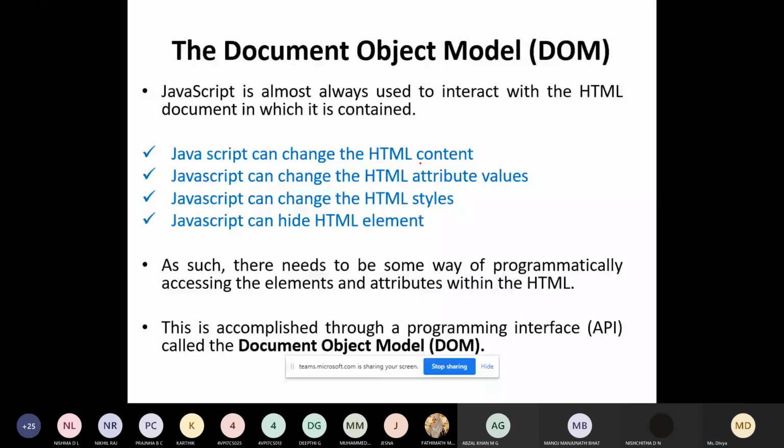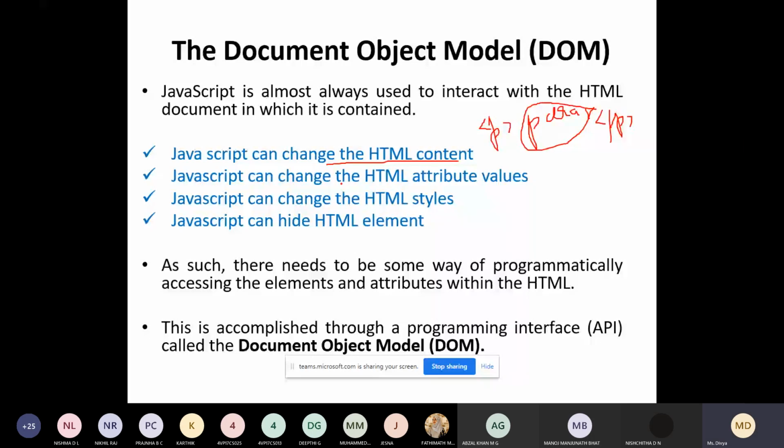For example, I have a paragraph with the content paragraph 1. During the execution of the program, I want to change this content to paragraph 2. I can do it at runtime by using JavaScript, changing the HTML content. Similar to your lab program, text growing and text shrinking. If you remember, we changed the content from text growing to text shrinking. That is using JavaScript.